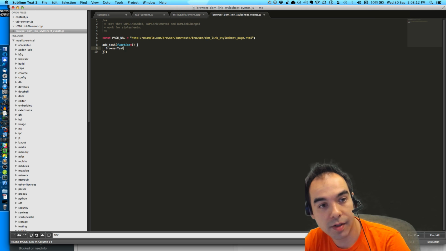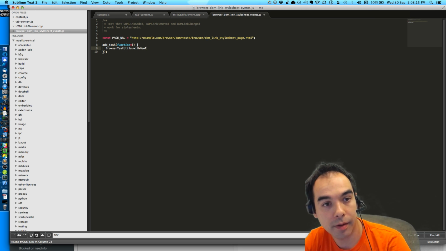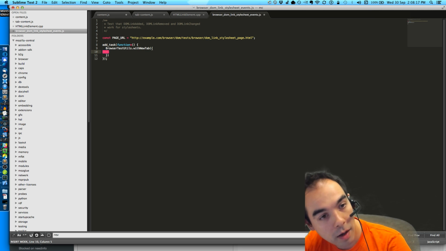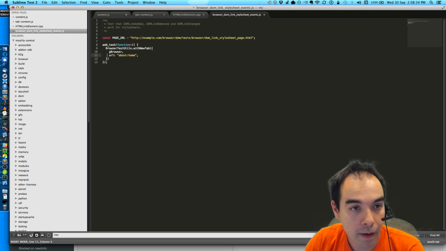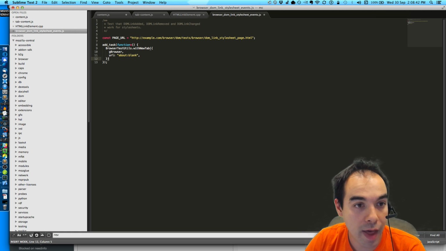So browser test utils with new tab. Yeah, with new tab, and I'm going to pass it gbrowser and a URL of about home, or about robots, whatever, or about blank is fine. And then the second argument is the generator function.